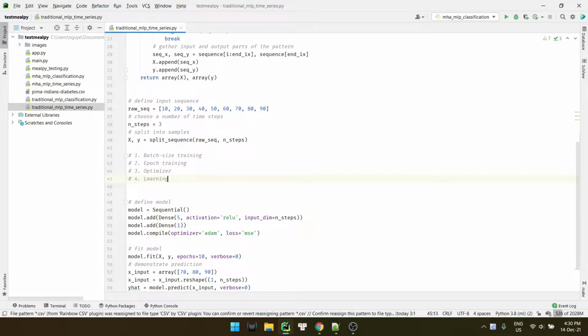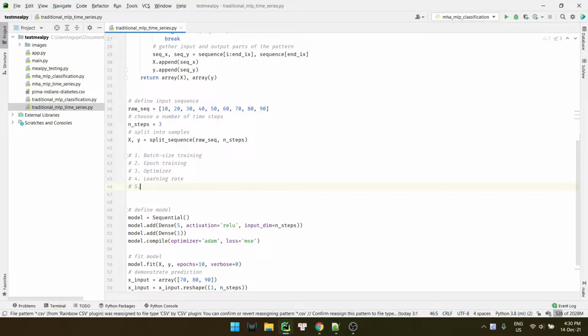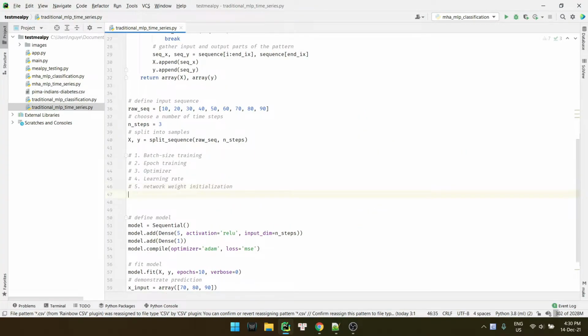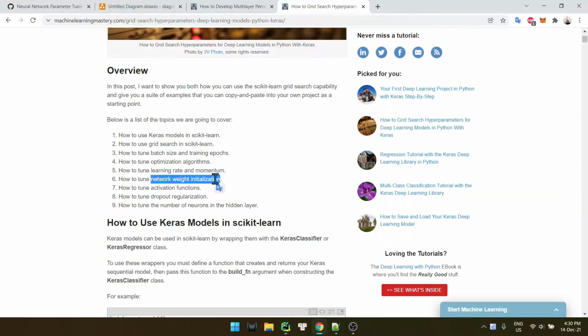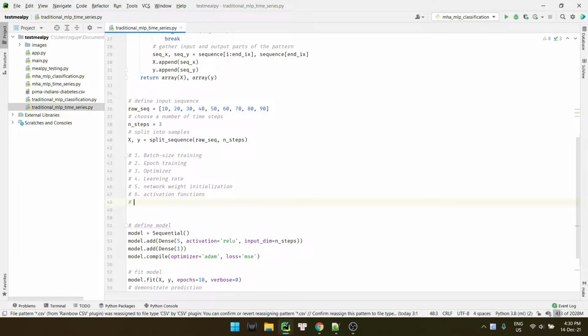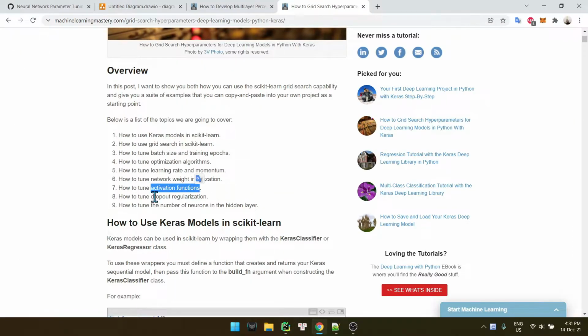Then should be network weight initialization, and should be activation function. Okay, 7 should be, no, 12, we don't want to do this. Then the number of neurons in the hidden layer.